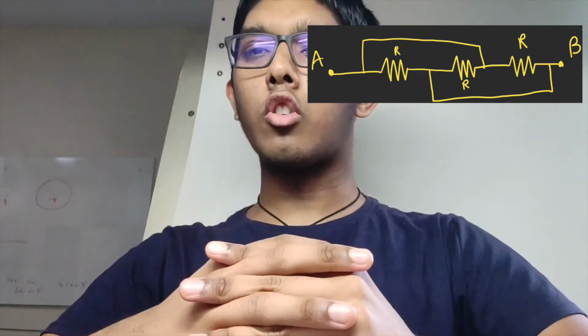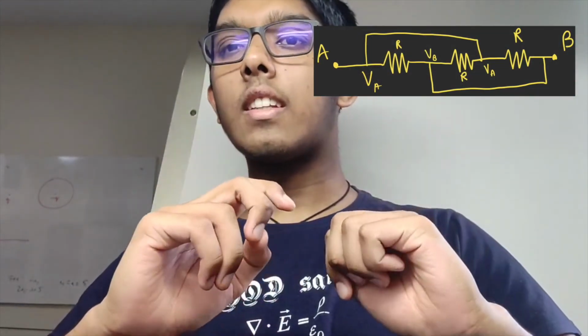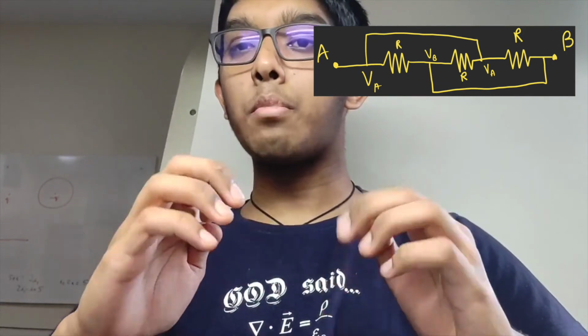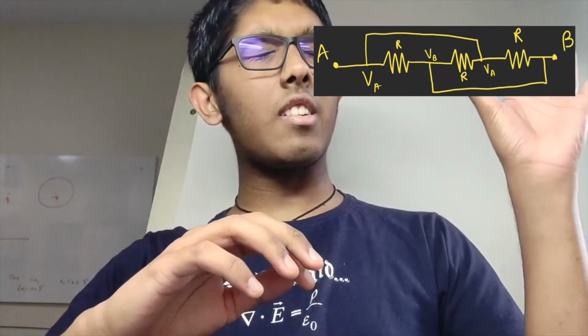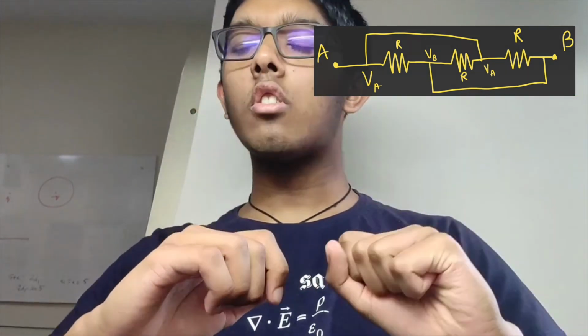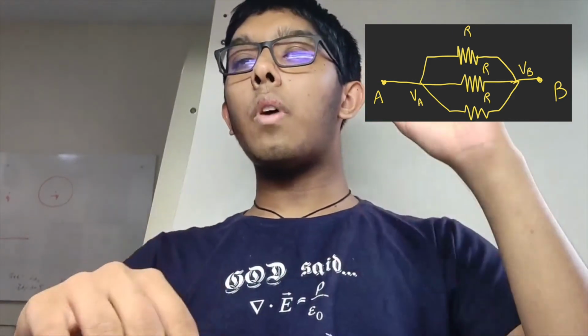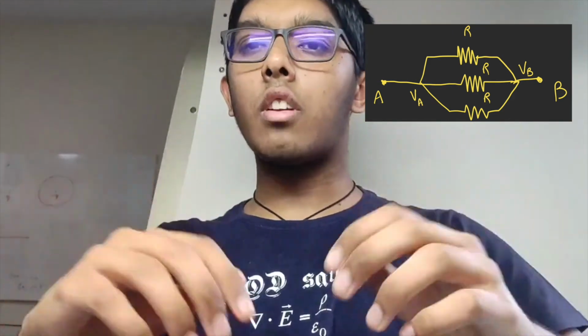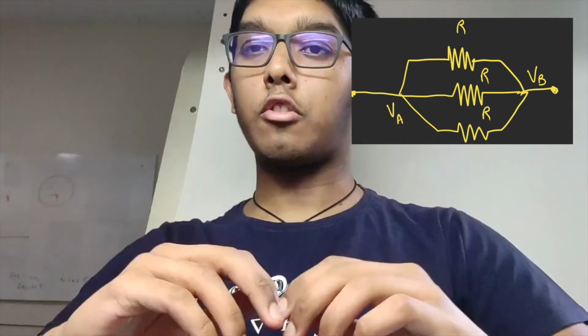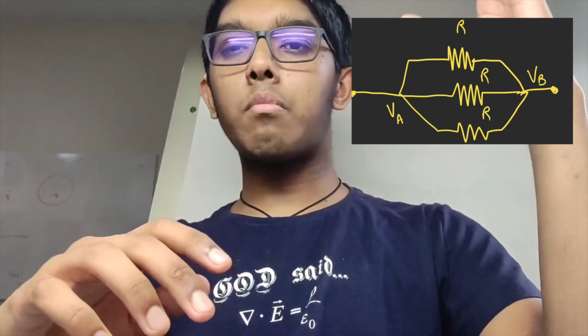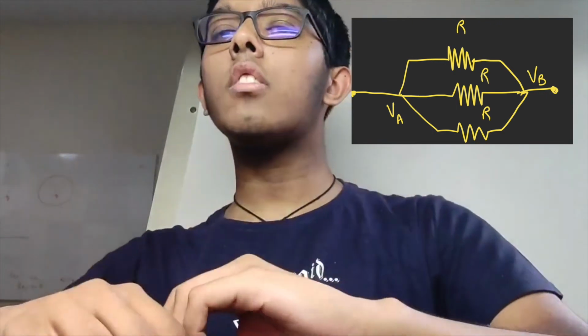A lot of people must have seen this question in circuits to find the equivalent resistance, and the general method to solve this is by labeling all the potentials. And if you label all the potentials, you'll see that all these three resistors have the same potential difference. So these three resistors, which look to be in series, actually can be converted to another network of circuits where they are in parallel because they have the same potential difference. And so three resistances, same potential difference, in parallel, so the equivalent resistance is R by 3.